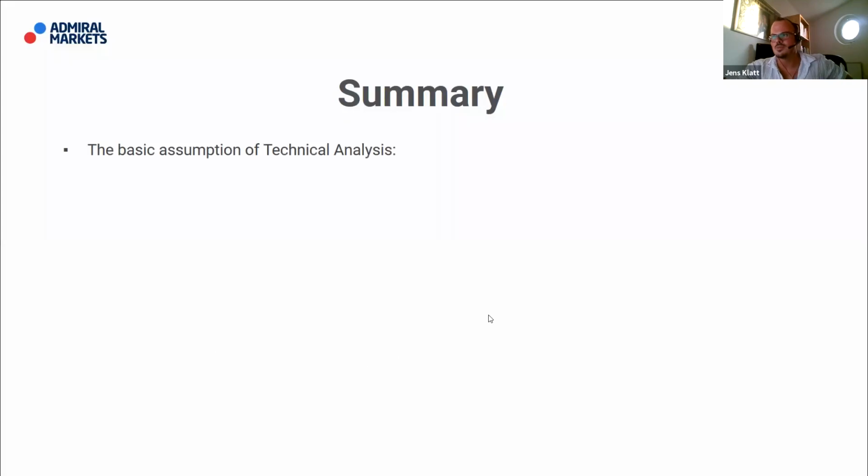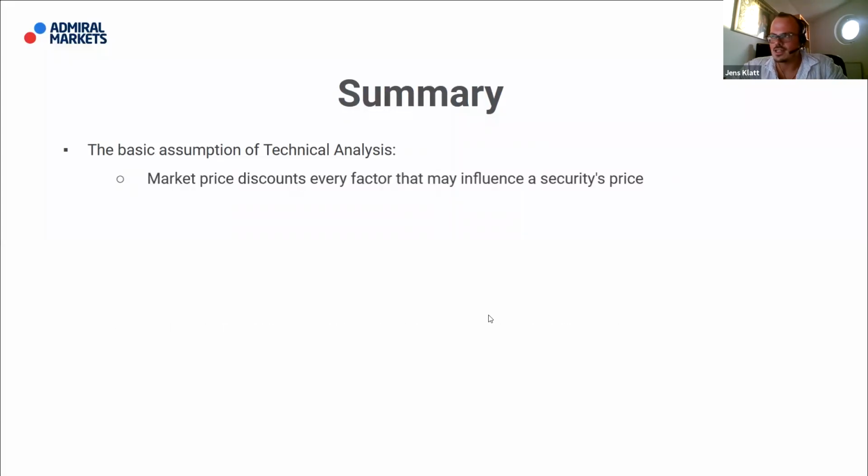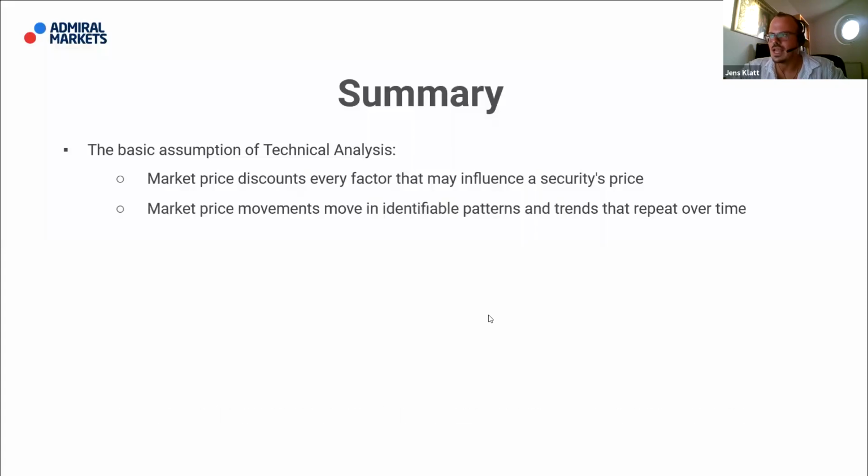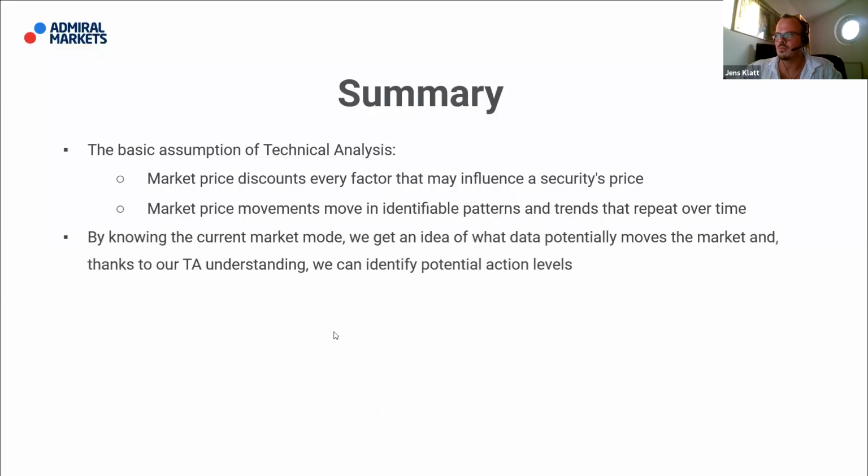So let's sum all this up. The basic assumption of technical analysis is that market price discounts every factor that may influence a security's price, and that market price movements move in identifiable patterns and trends that repeat over time due to human nature. By knowing the current market mood, so the sentiment, we get an idea of what data potentially moves the market, and thanks to our TA, so technical analysis understanding, especially the basic knowledge, which is, in my opinion, enough, knowing where support and resistance can be found,